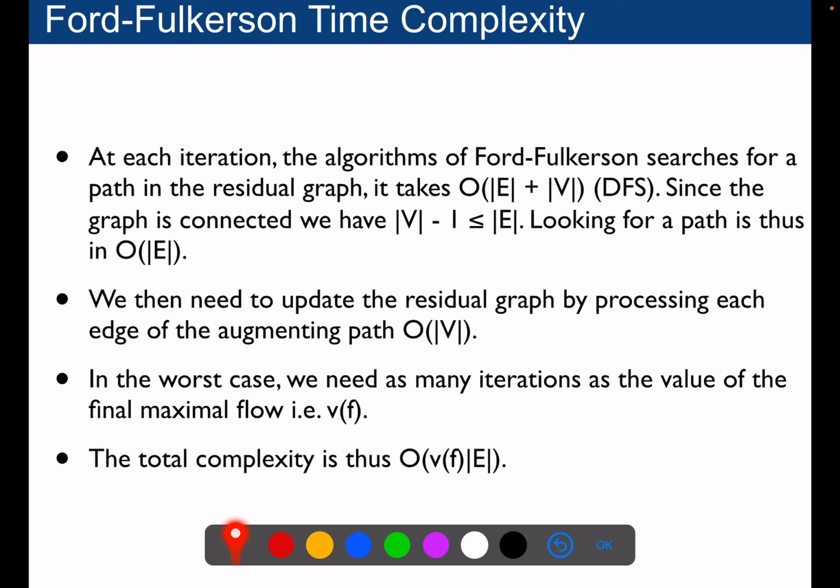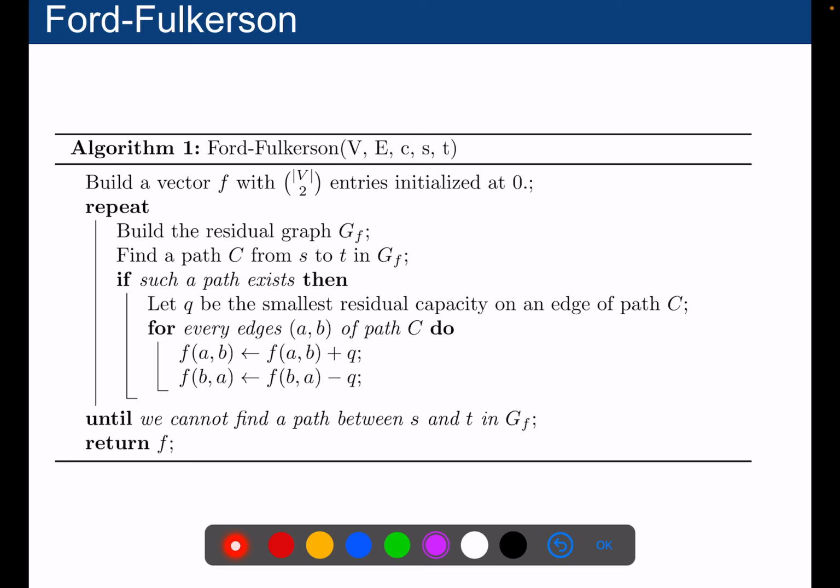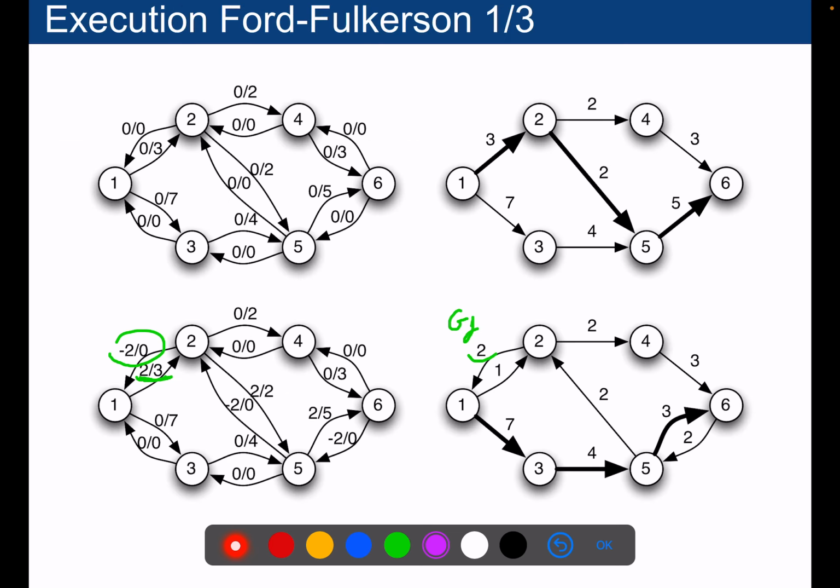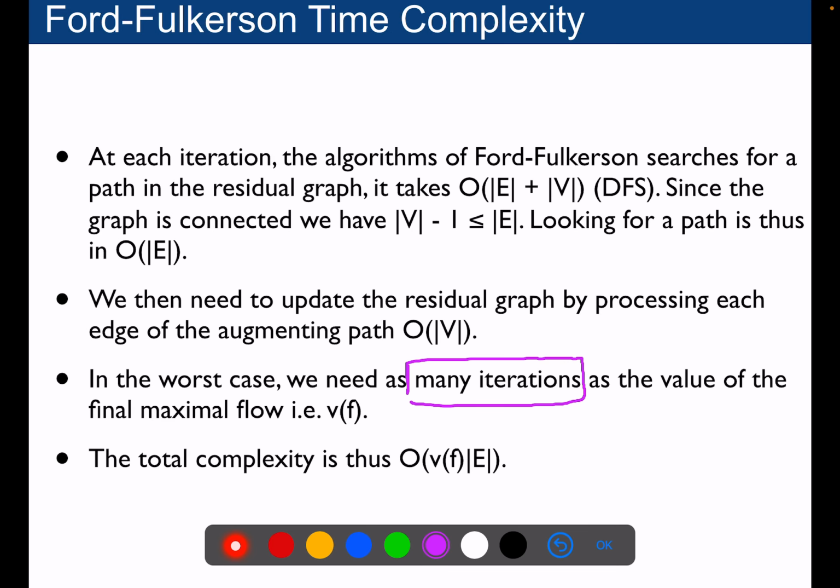Okay. How many iterations do we have? That's the very important question. How many iterations do we have in this algorithm? Okay, so if I look back at the pseudocode, this is one iteration. And so clearly one iteration can be in the order of the number of edges. But how many of them do we have? That's a quite difficult question to answer. Well, the number of iterations, if the flow increases at most by 1 at every iteration, is equal to the final value of the flow. And so the total complexity is equal to the final value of the flow multiplied by the number of edges. Okay?